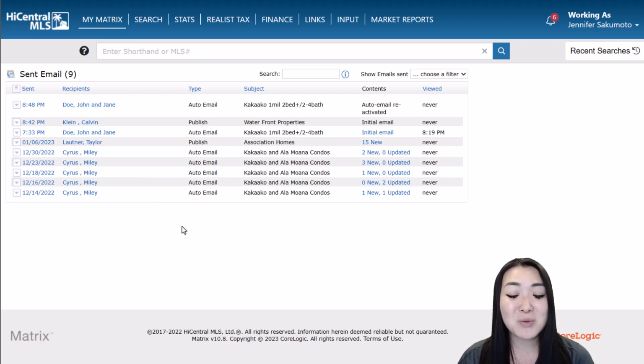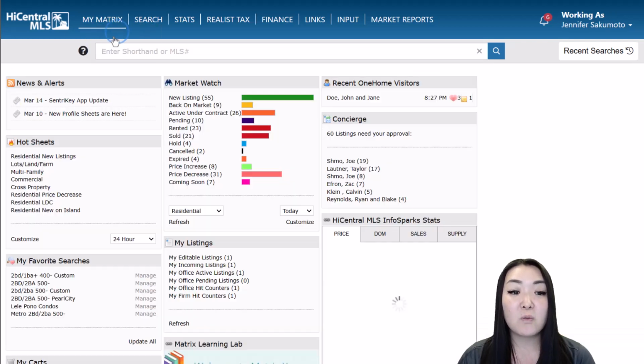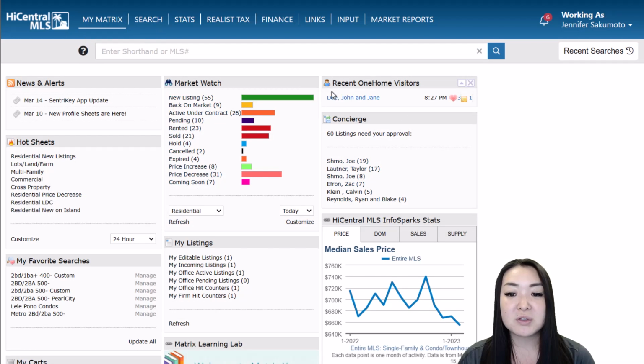The other trick I want to share with you is actually going to be helpful, especially with regards to this recent One Home Visitors widget. So you may want to set yourself up with portal notifications, especially if you're not logging in to Matrix every day. How you can do this, in the top right hand corner where you're going to see your name,